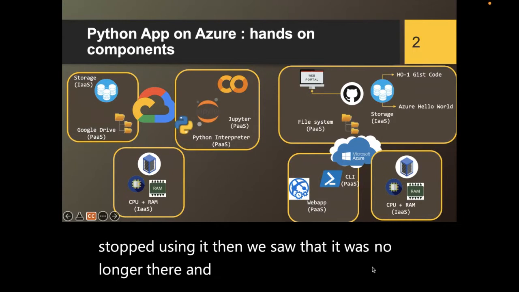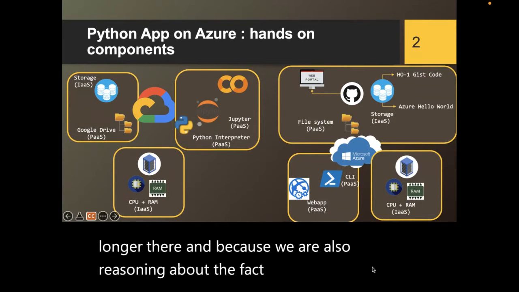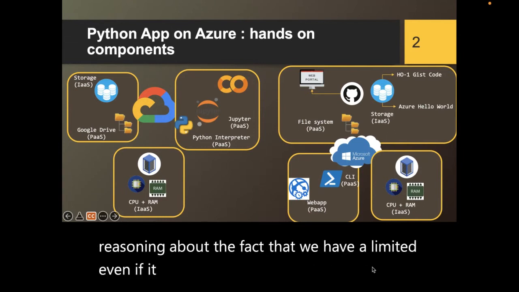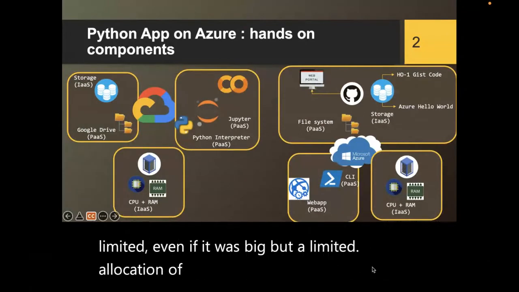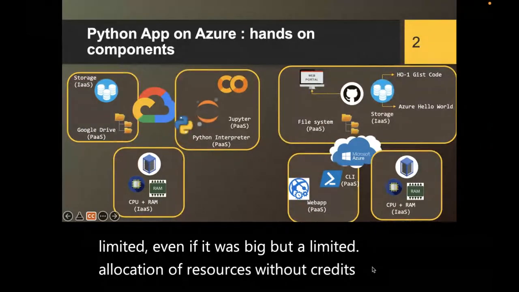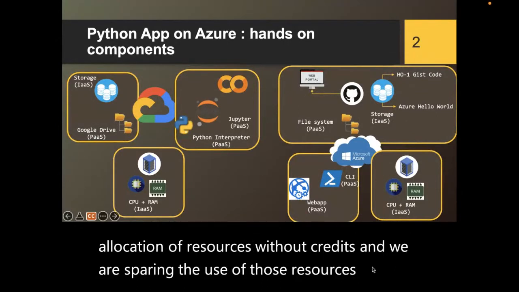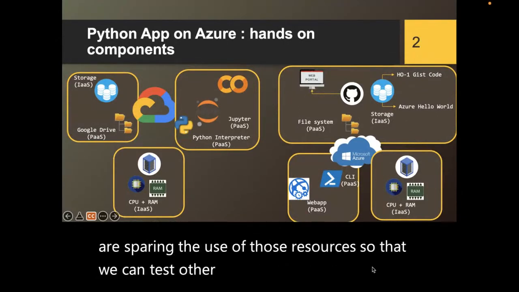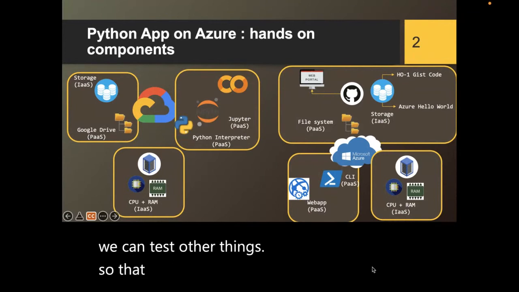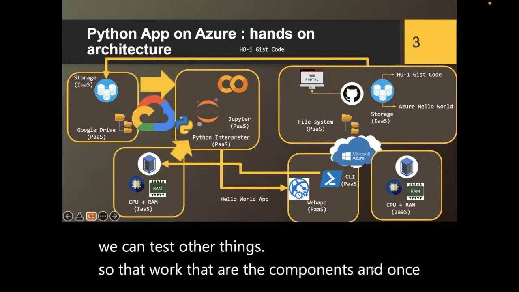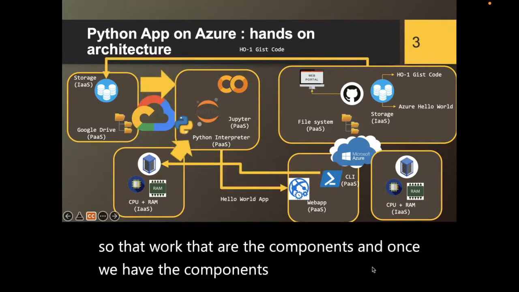We are also reasoning about the fact that we have a limited, even if it was big, allocation of resources with our credits, and we are sparing the use of those resources so that we can test other things. So those are the components, and once we have the components,